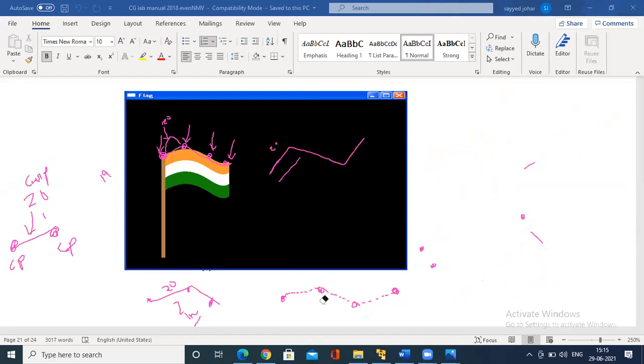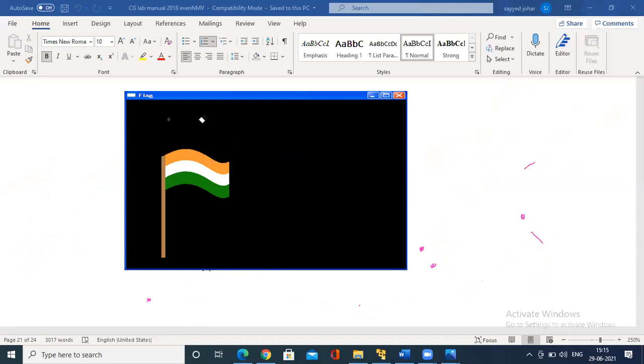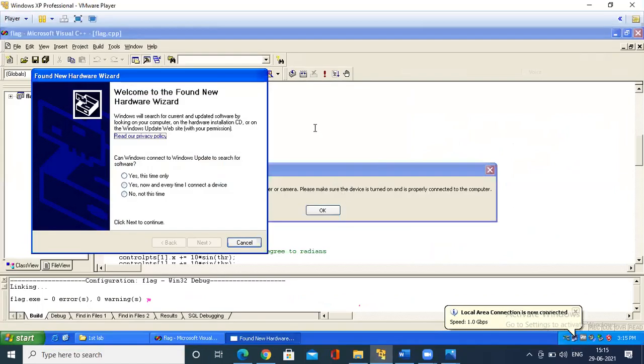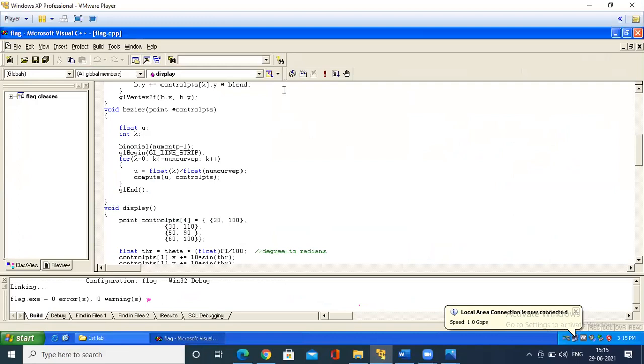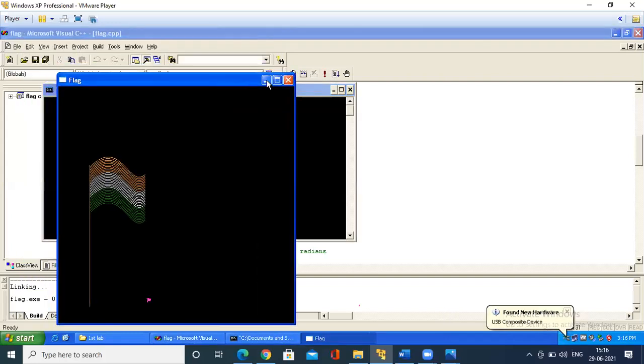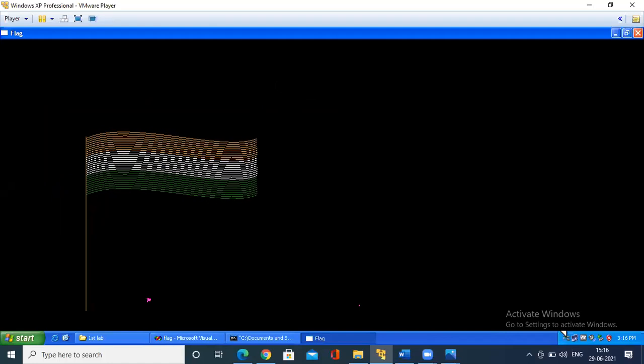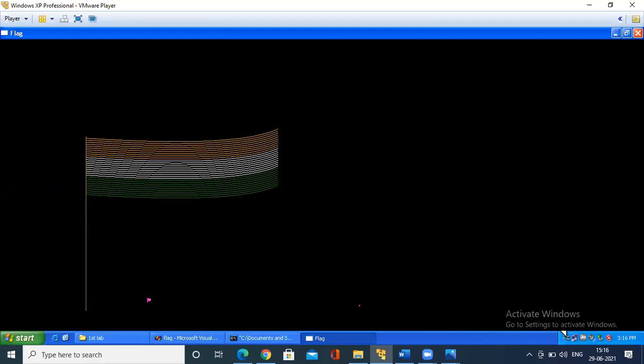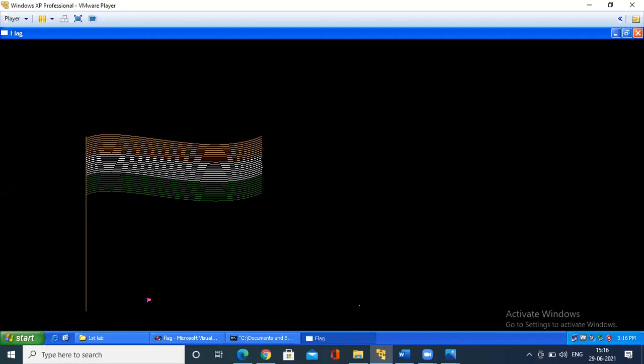Now, before I go to the program explanation, you see the execution of the program. What is happening, and then we will go for the program explanation, right? See, this is the execution of the program, a simple execution. When you execute it, I hope all are able to visualize this. It is animated, it is going to flutter. So you could see the fluttering of the flag and how these curves are being drawn.